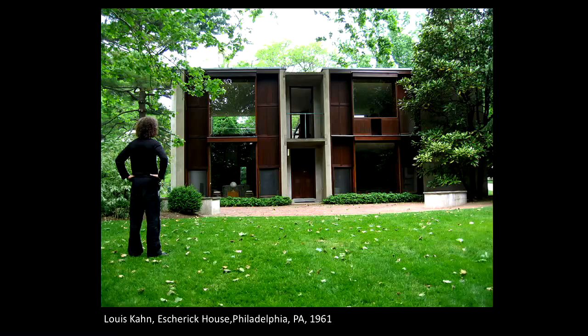And for Kahn, a lot of the time, it's using stone or masonry, some type of masonry or brick, and then knowing when you want to have, I guess, not only a contrasting of materials,